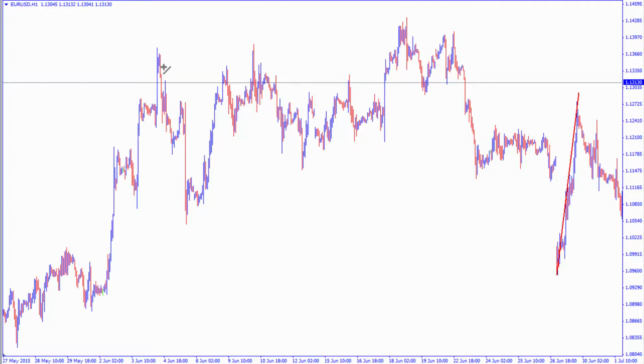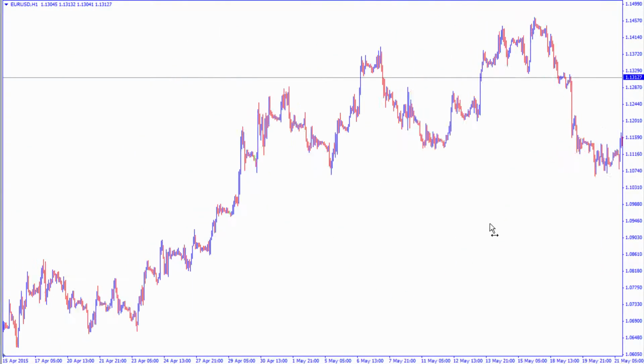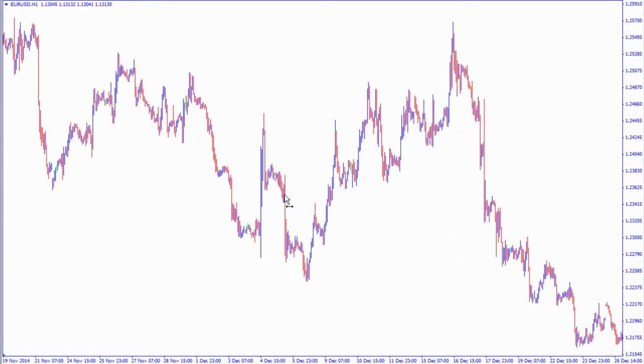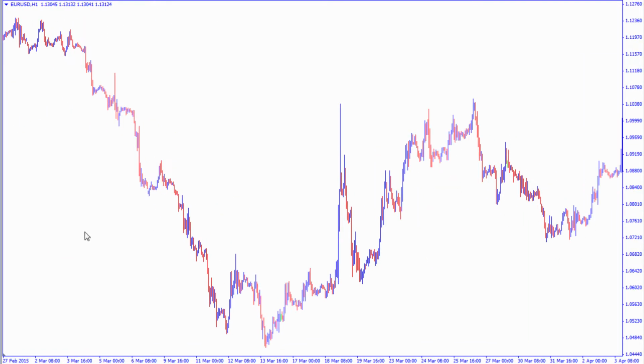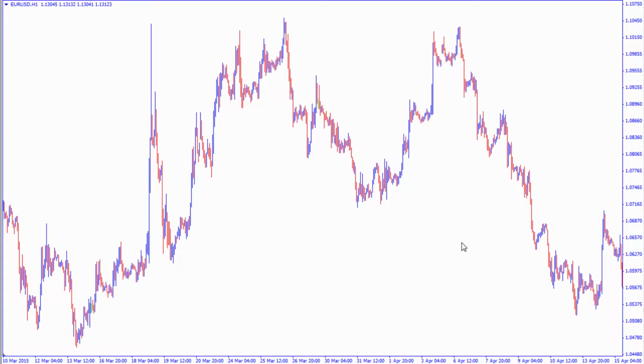This would be impulse. So what you're seeing is an impulsive leg in a direction, a trend in a direction. For instance, this is impulse right here. All right, so what you're looking at is the market giving you a definite direction